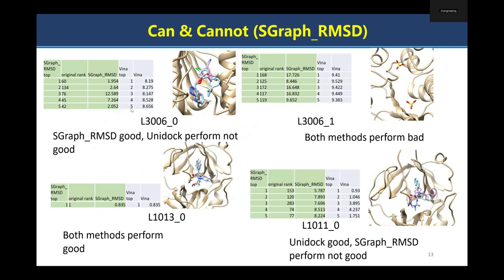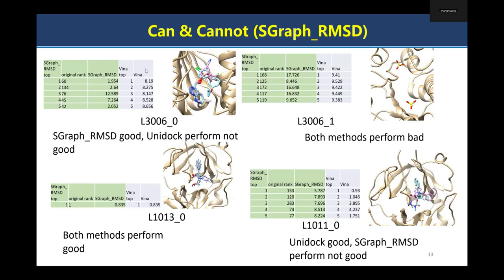first, in this complex case, our method performs well. For the top 5, we have several very low MSDs. For example, the top 1, the top 2 and top 5. Well, for the